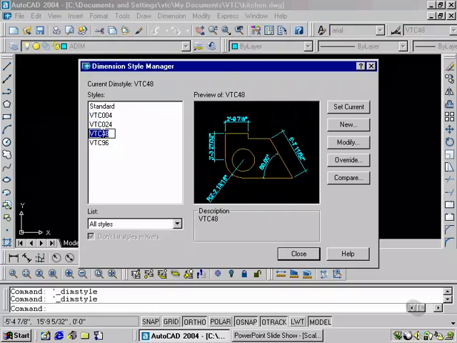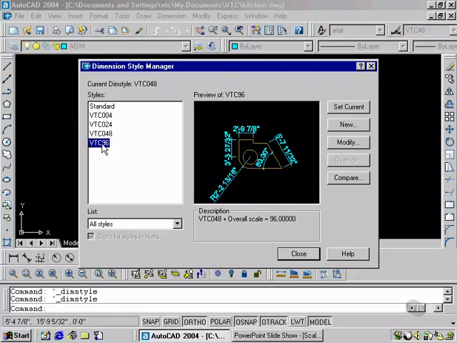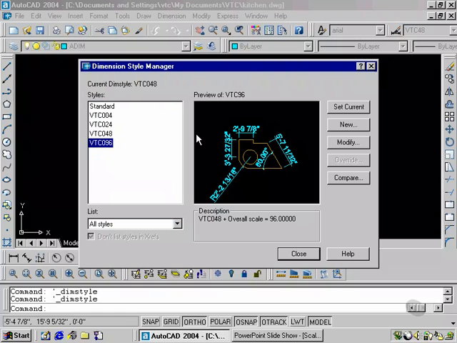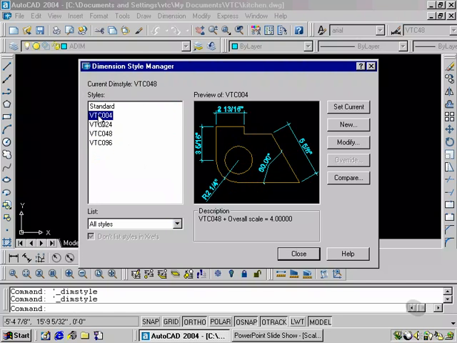Next one, rename that to 048, and finally renaming that. So now they are appearing in an order similar to our PowerPoint slideshow scale factor chart. It's a choice I have made. You may feel the need to, or you may feel it's perfectly fine the way they're shown. But I wanted to point out that you can rename styles,